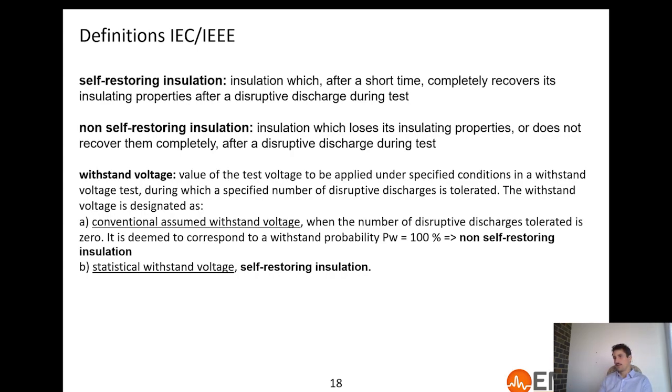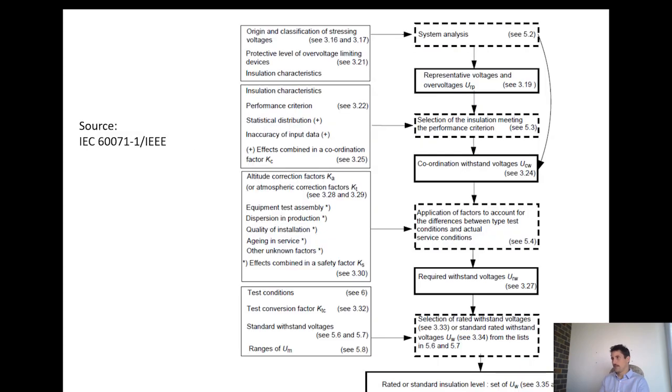For self-restoring insulation, it's not as easy because it's a probability. For example, the BSL of an equipment is the level with a 90% probability of having a flashover. So that's where this statistical result comes into play. We'll go back to more details on that, especially after we see in detail switching and lightning and how to use all